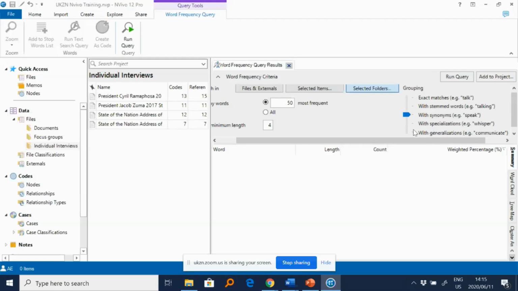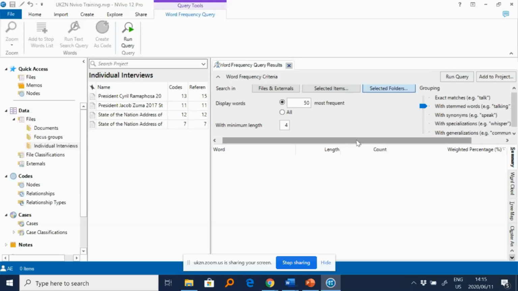So you as a researcher need to be very careful here and understand what you're doing. For me, I don't go this far. For my purposes, I usually stop at this stage and tell NVIVO to only group the stem words that appear in my transcript.